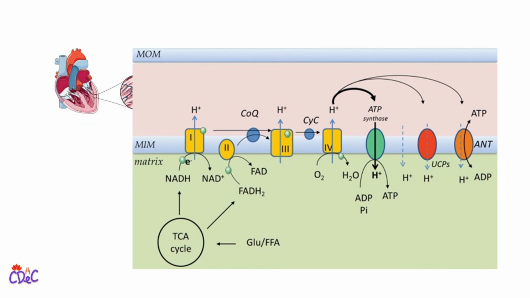At some point of time, there is a leak of the hydrogen ion back into the membrane, that is called the proton leak, and that triggers the conversion of ADP to ATP, and that is how energy is produced. This is happening in all of us, and the important thing is that this is dependent on the